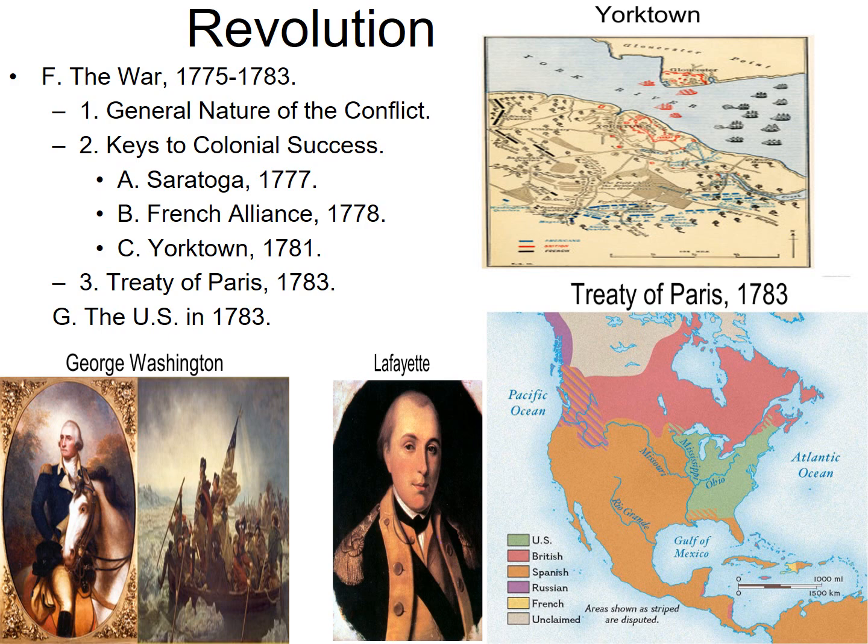So with the defeat at Yorktown, the press in England is calling for an end to the war. The people in England are calling for an end to the war. So eventually, King George III agrees to meet with the Americans in Paris. And here you can see we have a Treaty of Paris for 1783. You'll recall when we started this topic like 2.5 hours ago that we were talking about a Treaty of Paris